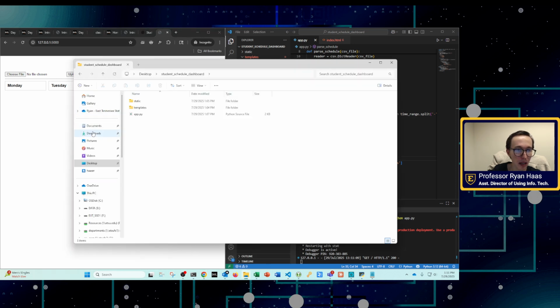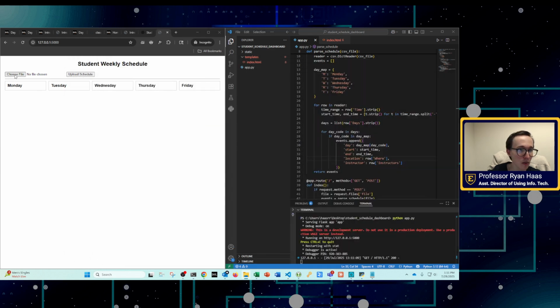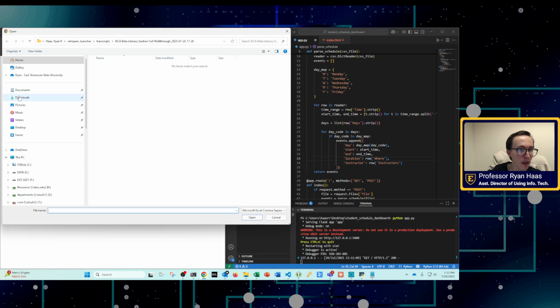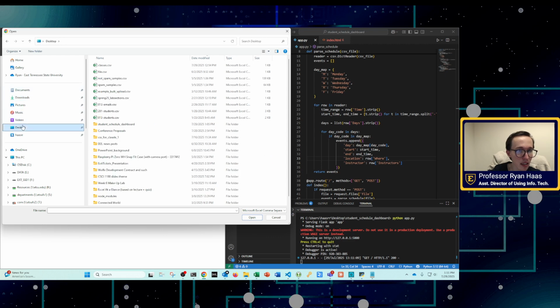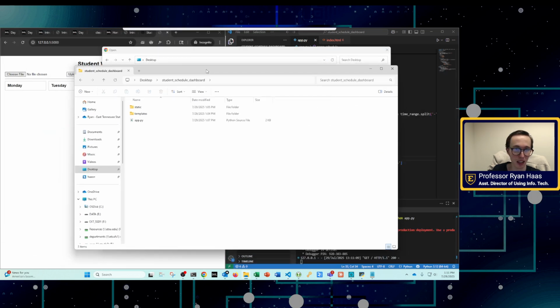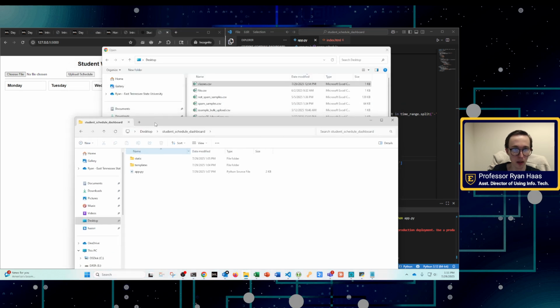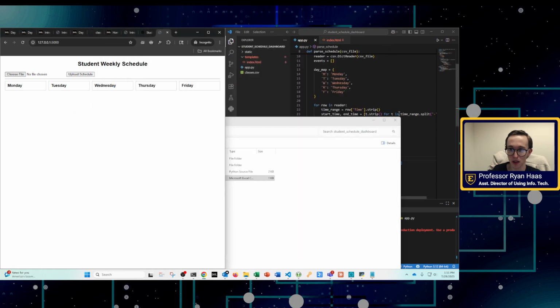Now I should be able to import that file I created from my class schedule. So I'm going to click Choose File. And I'm trying to remember where I saved that. On the desktop, classes.csv. I'm going to move this somewhere so it doesn't get lost. I'm going to drag and drop it in my project folder.